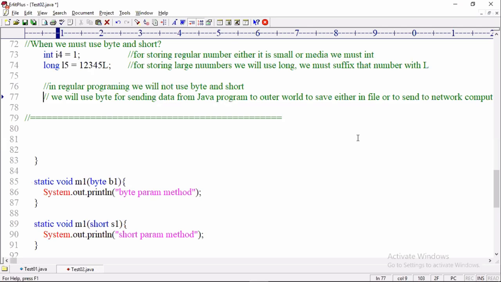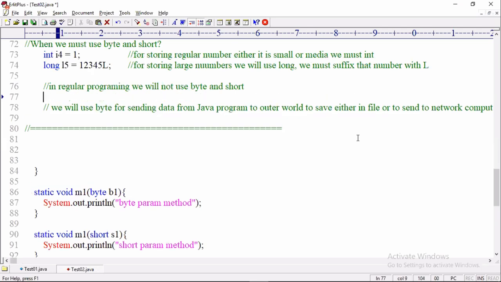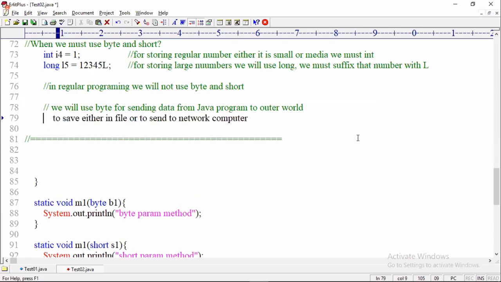Repeating again, we will use byte for sending data from a Java application to the outer world, either to save in a file or to send to a network computer application.